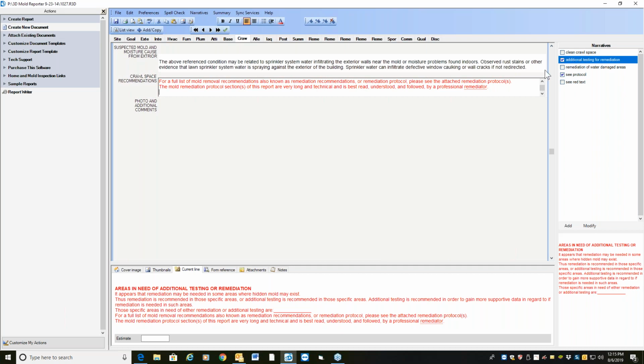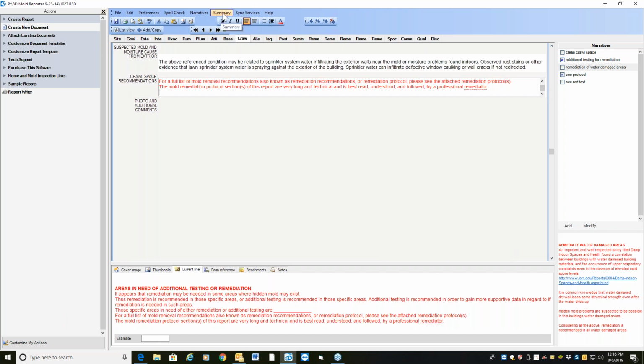Now what do you think of using colors in a report? What do you think of using red in a report? Should that always be used for a defect? I don't think so. I think some people like to use that for a defect. Some people like to use bold for a defect. You can also use the